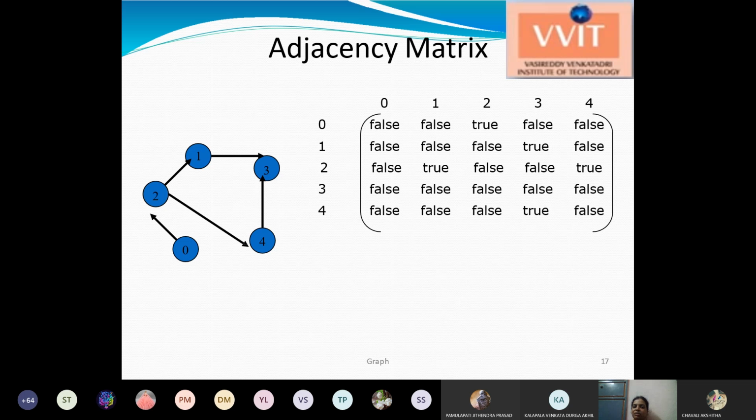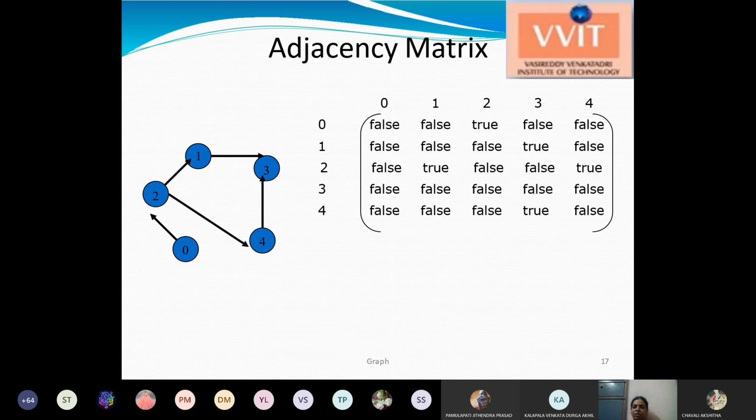That is, from the one vertex, what are the connections between the other vertices that we can represent for the one vertex. And for the two vertex, the adjacents of the two vertex are represented in the two vertex row. So now we'll first check with the 0 vertex. It doesn't have any; from 0 vertex to 2 vertex we have a line, but it's just slightly moved to the other direction, but there is a line between 0 and 2.